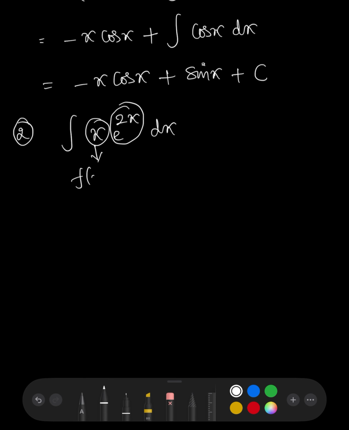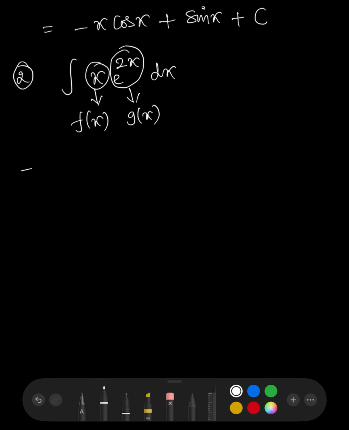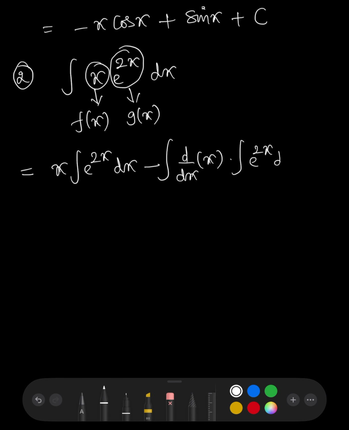So x we treat as f(x), and this one we treat as g(x). Now substitute these values in the formula. What will we get? x into the integration of e power 2x dx, minus the integration of d by dx of x into the integration of e power 2x dx,